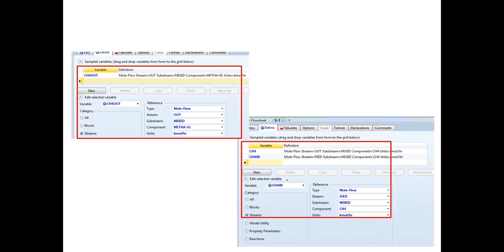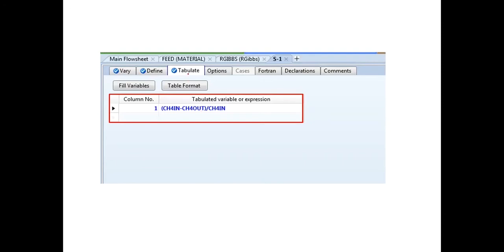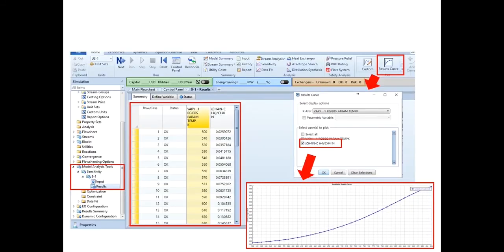So what you do, this is methane in and this is methane out, and you have defined both. How you will define it, I will show you in the simulation. And then in this tabulate, you have to give that formula: methane in minus methane out divided by methane in. अब देखें ना कन्वर्जन आपसे पूछी जा रही है तो आपको फॉर्मूला देना पड़ रहा है. अगर आपको सिंपल कहा होता कि मिथेन आउट पे क्या इफेक्ट हो रहा है तो आप यहाँ पे सिंपल मिथेन आउट की वैल्यू लिख देते. And obviously the column number you have to define, and then you get this final result.